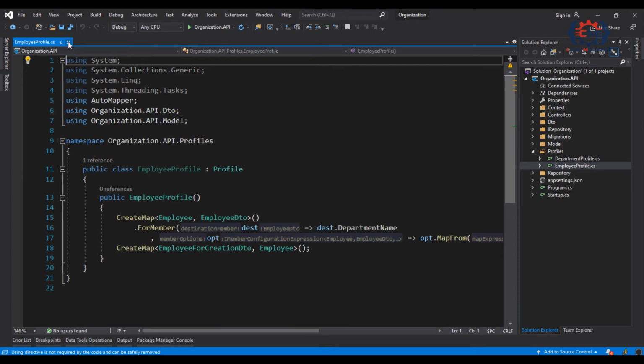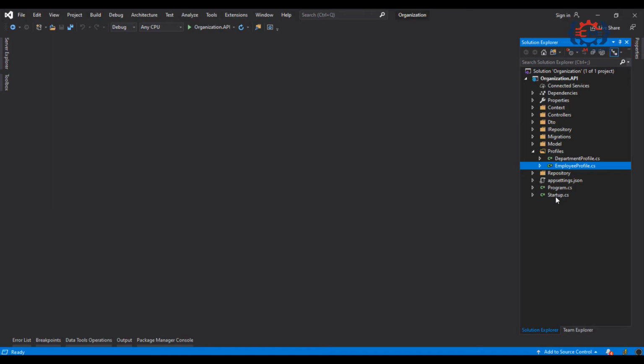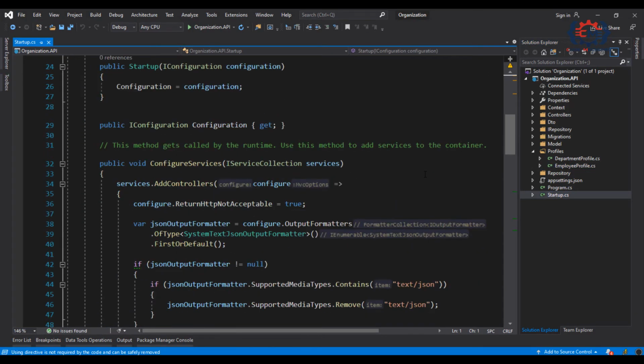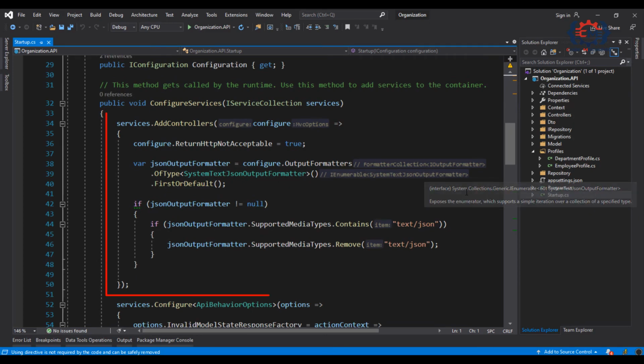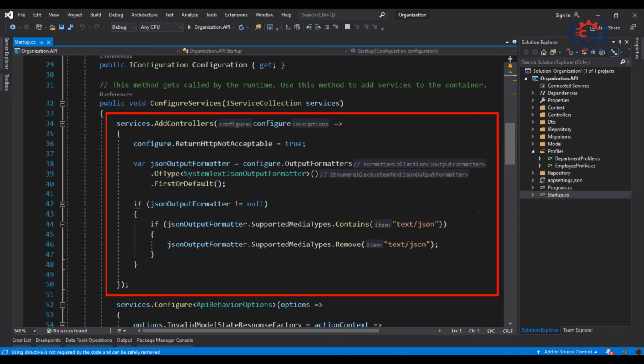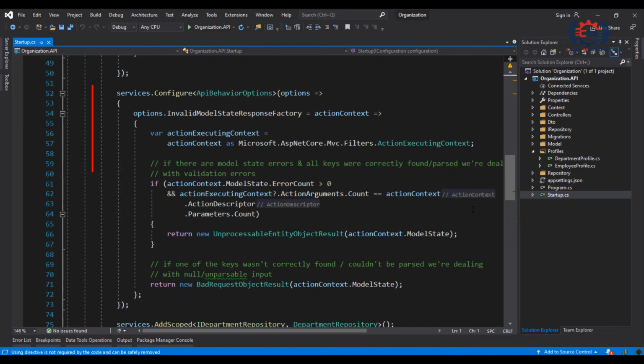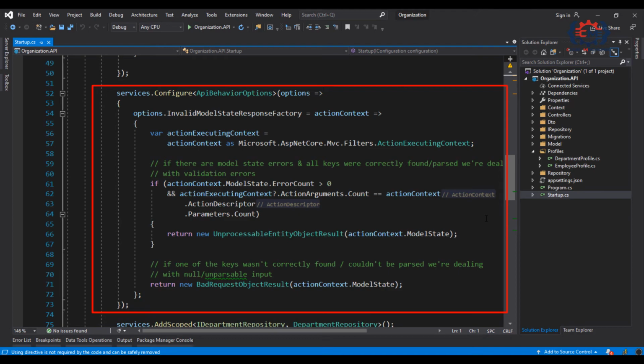One thing I did do is change a few of ASP.NET Core's default settings so it better matches RESTful best practices. I removed text/json as a supported media type for the JSON output formatter because the officially recognized media type for interaction with an API is application/json. We don't need text/json. Next to that, I ensured that a 422 response is returned in case of a validation error.